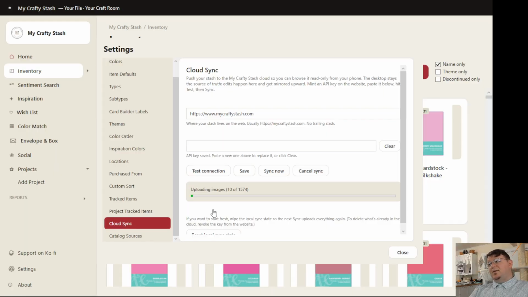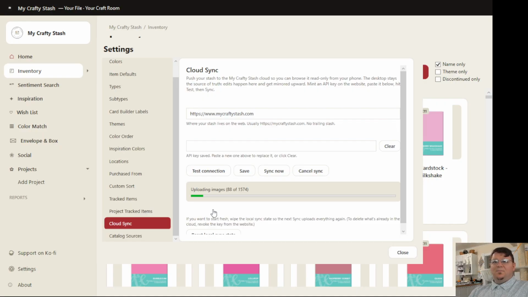Now this might take a bit. We'll let it get through some of them, and I'll talk a little bit about this here. So what this is doing is uploading all of the items. It uploads the items first. Once it uploads the items, it will then upload images. It's only going to upload a couple. I believe it uploads one image or maybe two. I can't remember right offhand. I believe it uploads only one image just to kind of keep things small and a little bit safer on